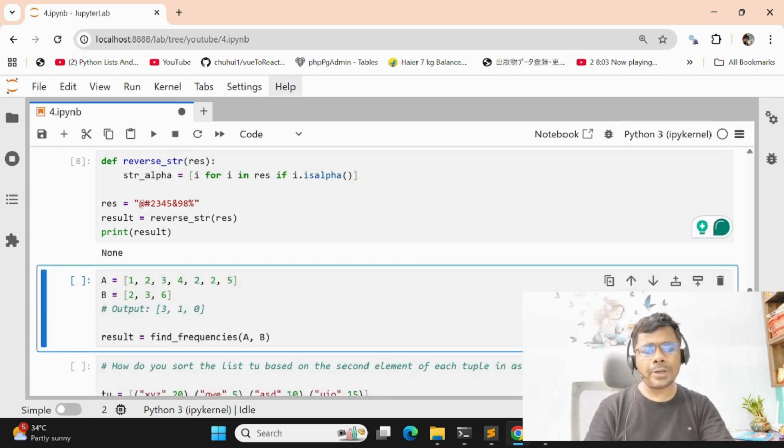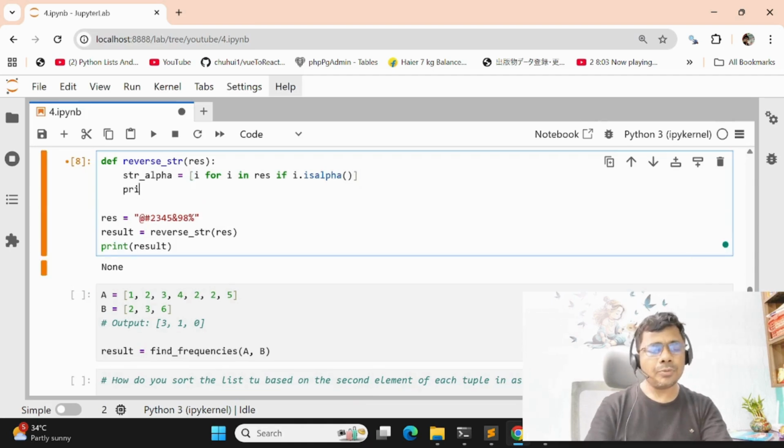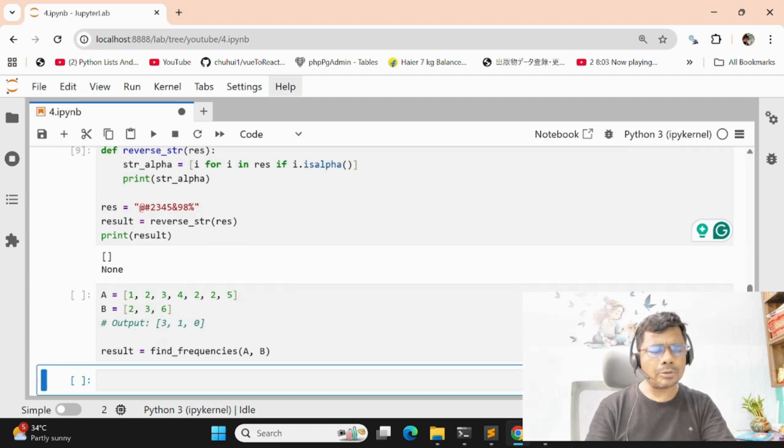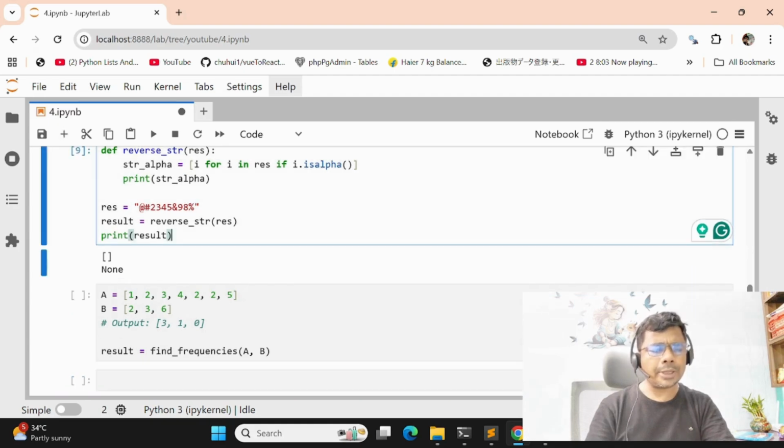Then try to print str_alpha. The output will be blank. Why? We need to check isalpha, not alpha.